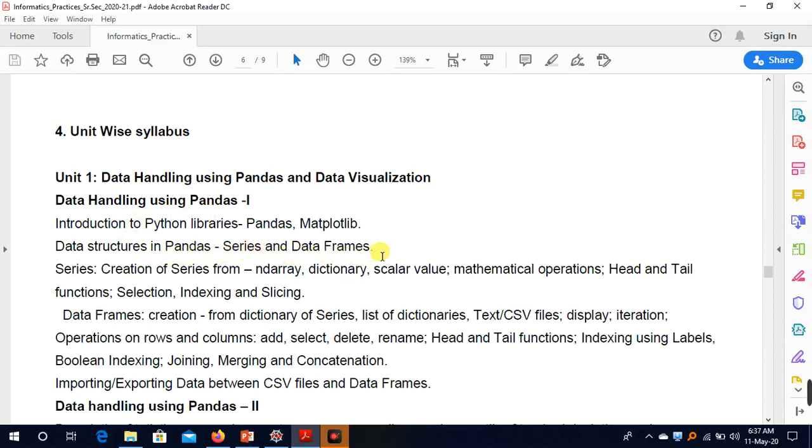The third one is series creation by various means: using an n-dimensional array, from a dictionary, from scalar values, the various mathematical operations on the pandas series, the functions head and tail, selection, indexing, slicing, as we have already done slicing in the case of NumPy in class 11. Now the second important topic in this chapter is